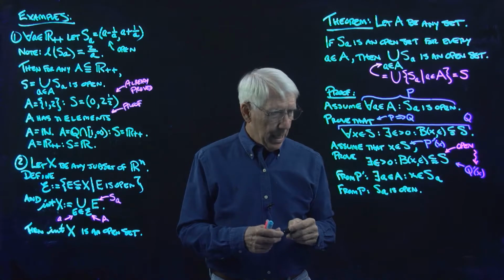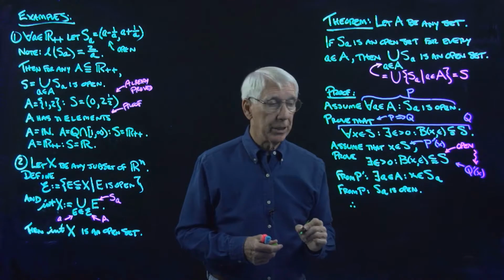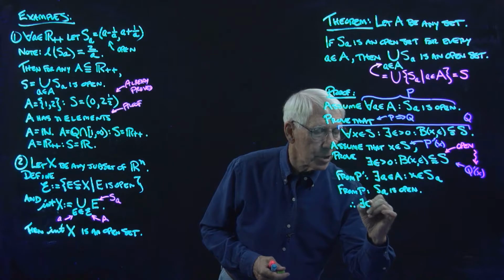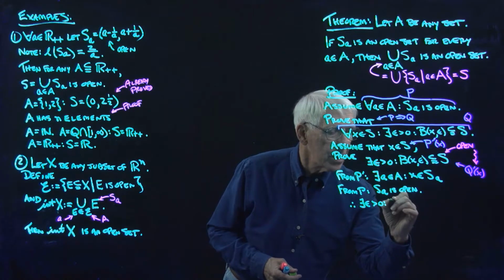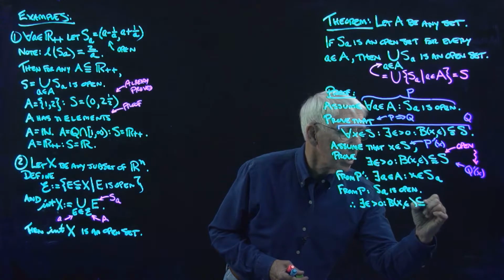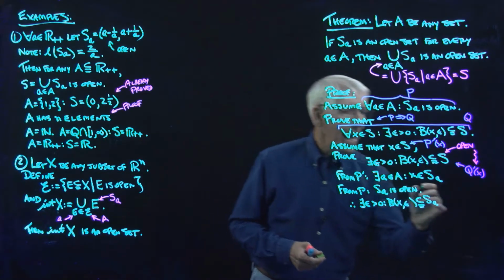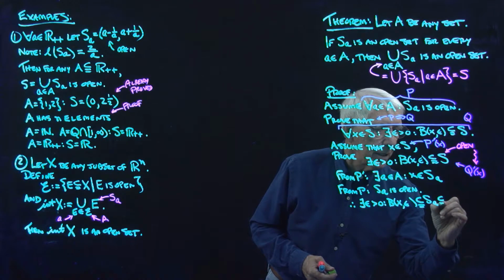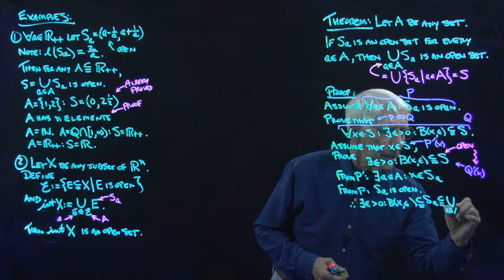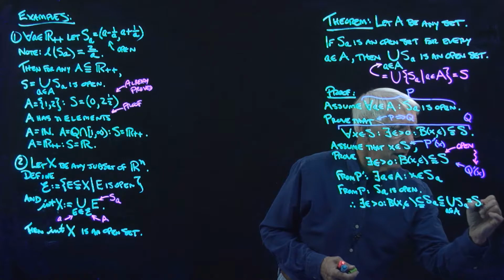And so, therefore, from those two, and from the definition of an open set, we know that there exists an epsilon greater than 0 such that the ball around X of radius epsilon is a subset of S sub A. And that is a subset of the union of all S sub A's for A in capital A, which is S,